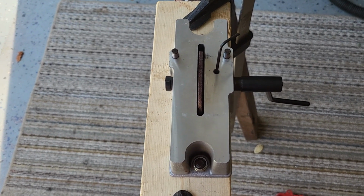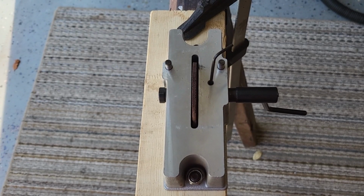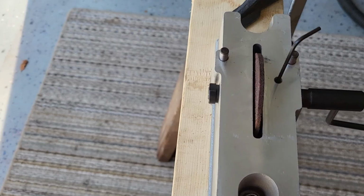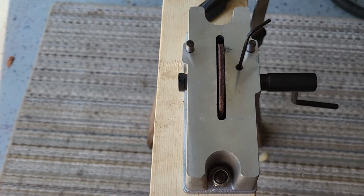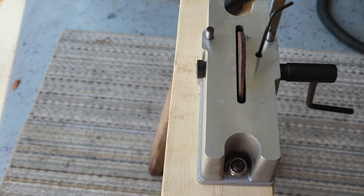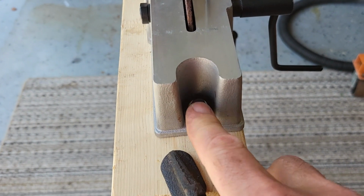This is the device I'm going to use to manually gap the rings. This is a manual piston ring filer. I borrowed it from a friend. Thank you very much, Jeremy. One of the things I also did here is